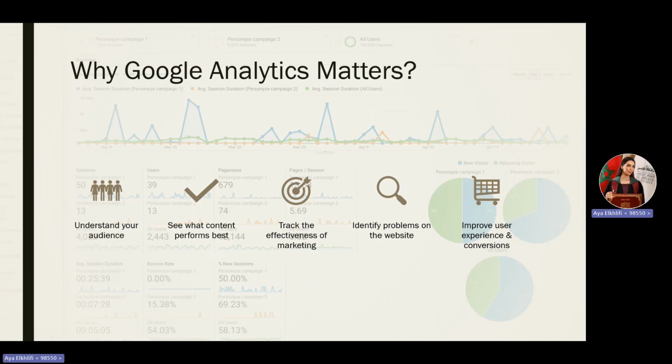So today we are living in a competitive digital landscape. We should understand our customers because it's not an option anymore, but it is essential and a necessity. So this tool will provide us that understanding and turn it into actionable insights.